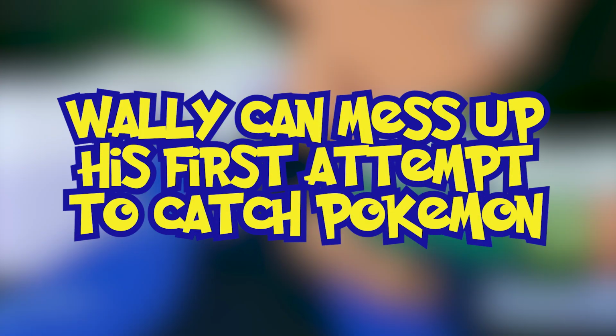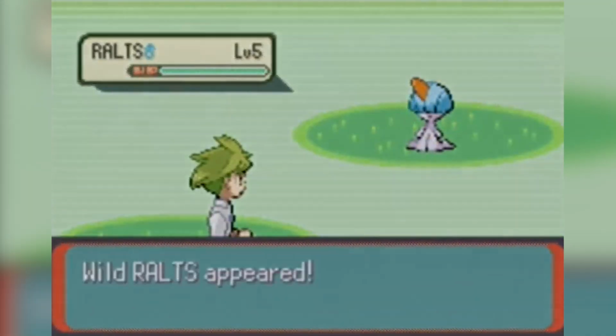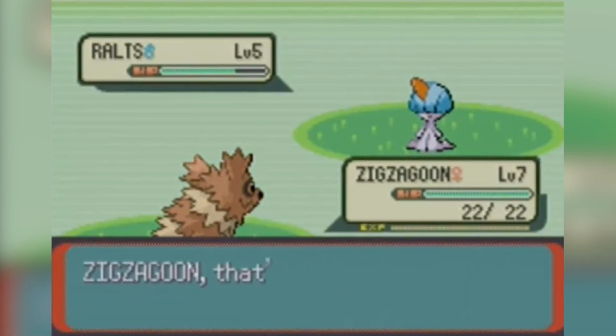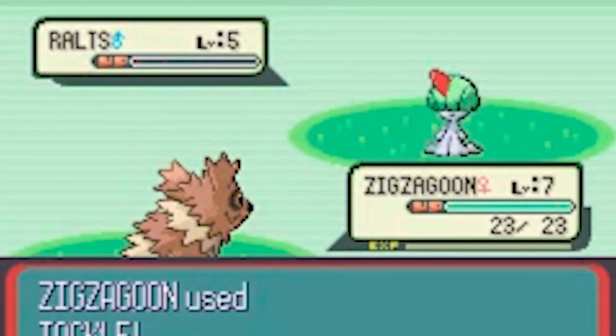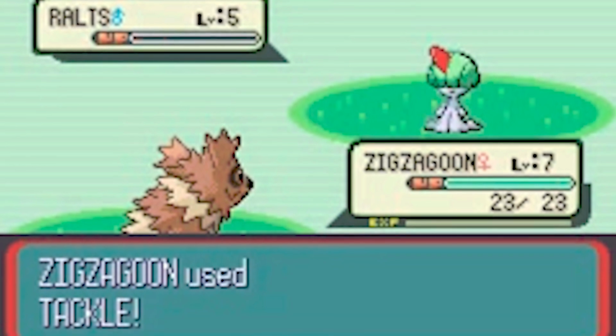Number 8. Wally can mess up his first attempt to catch Pokemon. As you know, in the Pokemon capture tutorial in the Gen 3 Hoenn games, you watch Wally catching a wild Ralts. He first hits Ralts with Tackle twice, using his Zigzagoon, and then goes on to throw a Pokeball at it. Well, it is possible for Wally to go a bit overboard and knock out the Ralts instead of catching it